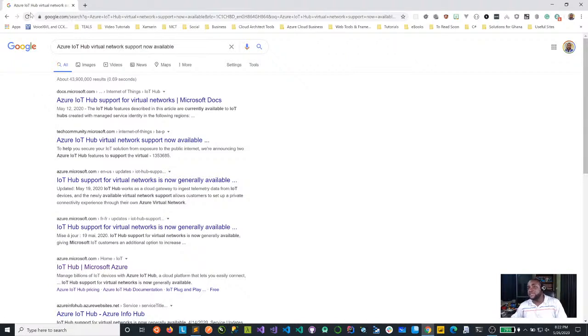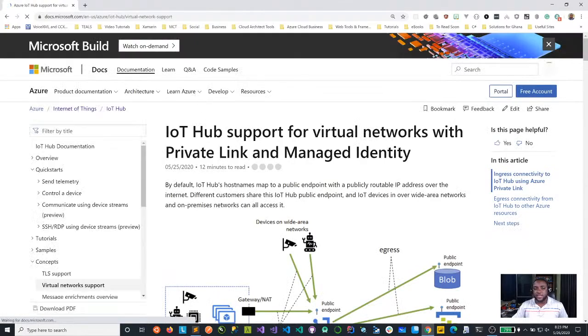Sometimes when you're building solutions and integrating with certain third-party systems, they might say we need you to give us a white list of IP addresses that we can allow to access these third-party services. And most often, you then resort to having to use VMs or other ways of doing it. Now, in similar situations, you can use the Azure Virtual Network support in IoT Hubs to do this. All right. So this is a huge thing for us.